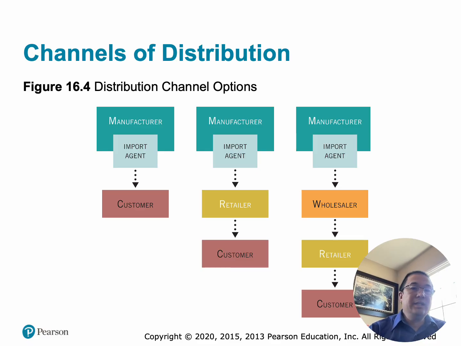How does this work? The manufacturer sells directly to the end customer with only an import agent helping to handle the customs, documentation, and local regulations. Advantages are more control over customer relationships, higher profit margins, and better customer feedback. Disadvantages, though, are that this requires more sales effort and is more difficult to reach many customers. A software company selling directly to businesses in another country is a great example.